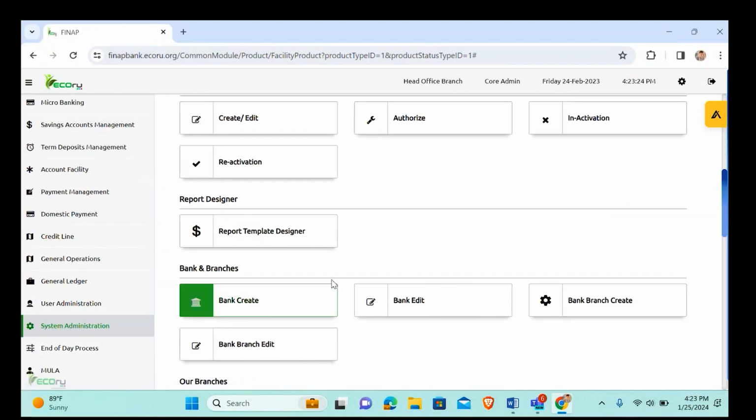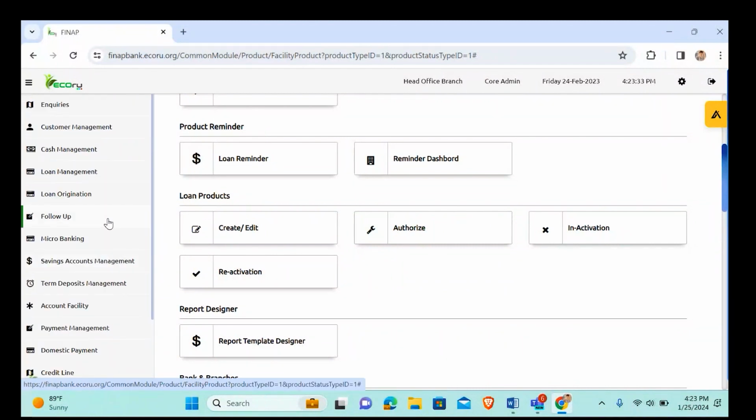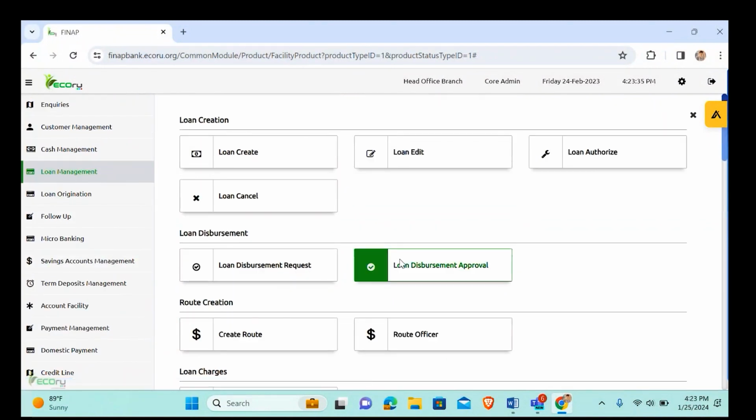And once the product is saved, then the authorizer can go through the product and authorize this. So once the product is authorized, then the product will be in the system. Now moving on to the loan management, just to go over the module, in the loan management, we have functions